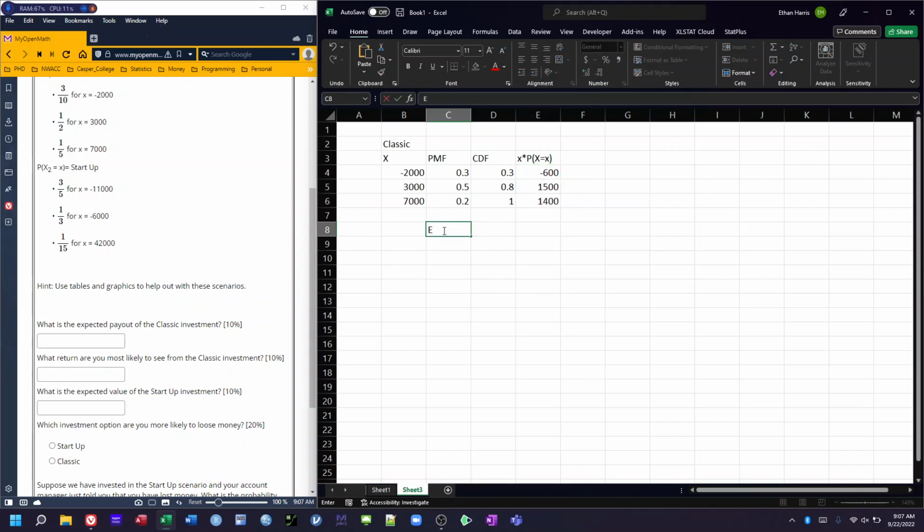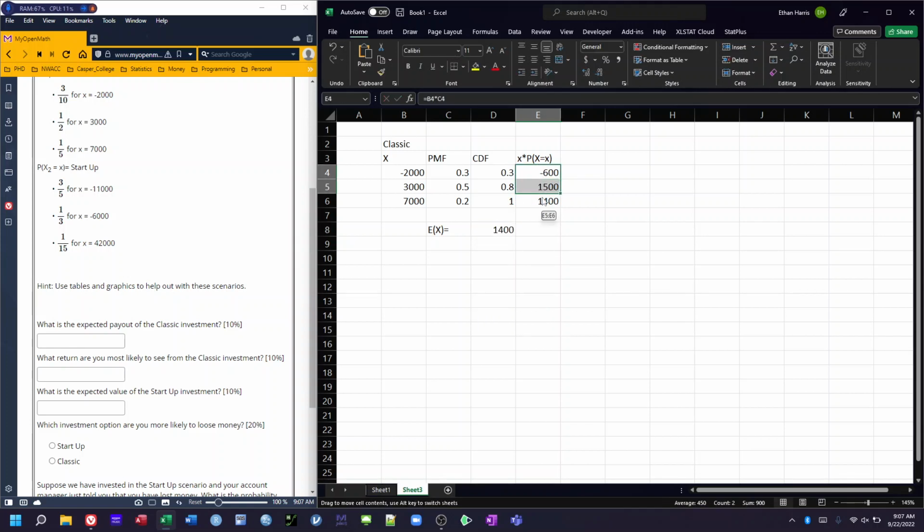Okay, so for any discrete random variable, we can do this column, and we can say that the expected value, or if we were to do this investment over and over and over again, on average, how much money would each of these times that we invest be? And that would just be equal to the sum